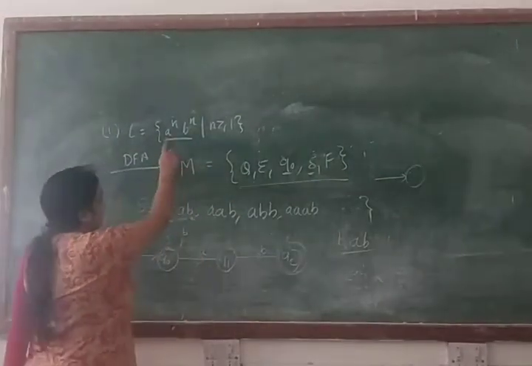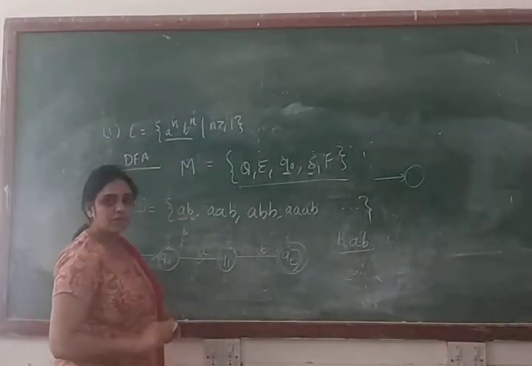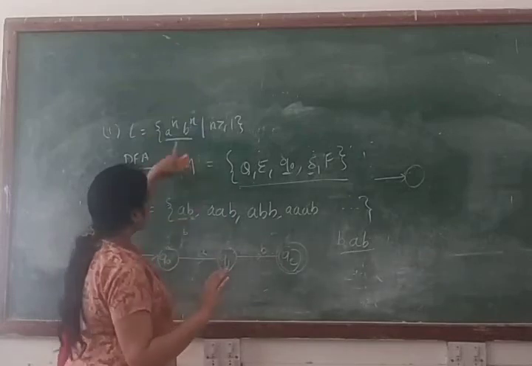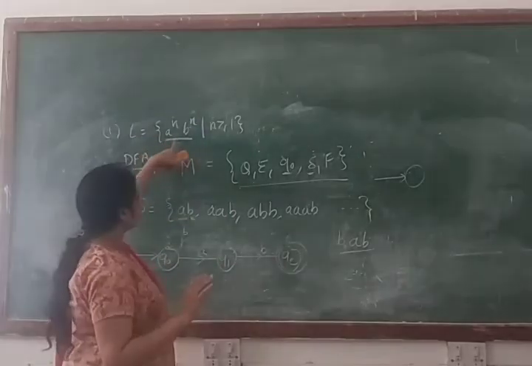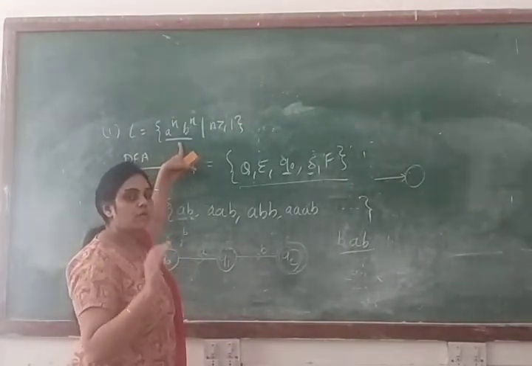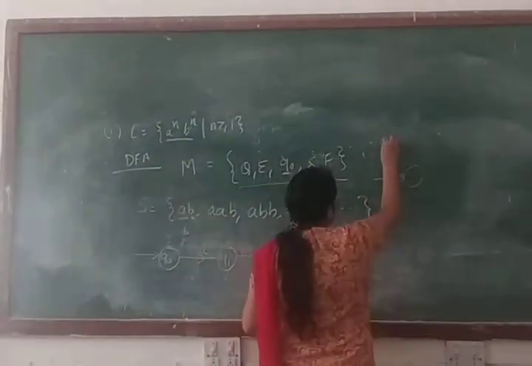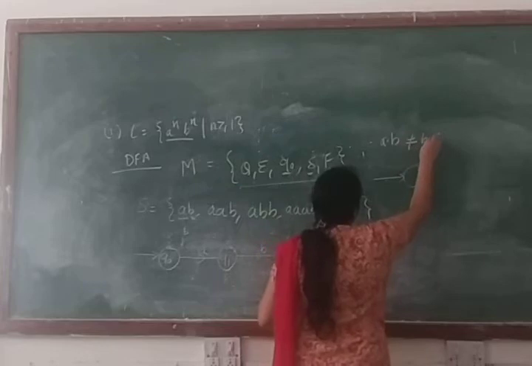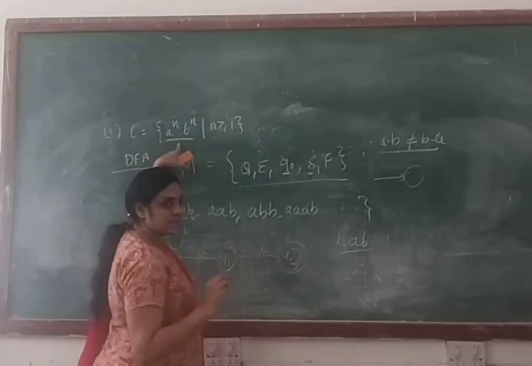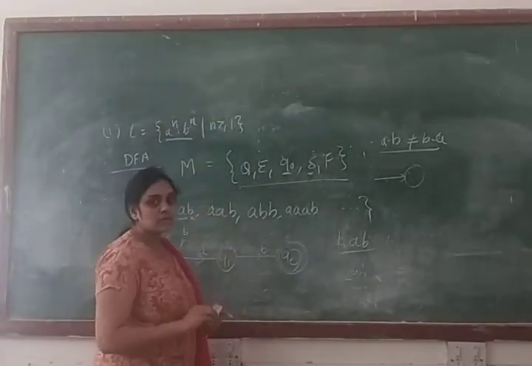So check A raised to power n, B raised to power n. Your alphabet is basically in the concatenation form. That means you will get all types of strings from that language. You will get all the strings A followed by B, but you will not get any string B followed by A, because this is your concatenation form. And according to the concatenation form, A dot B is not equal to B dot A. Clear?